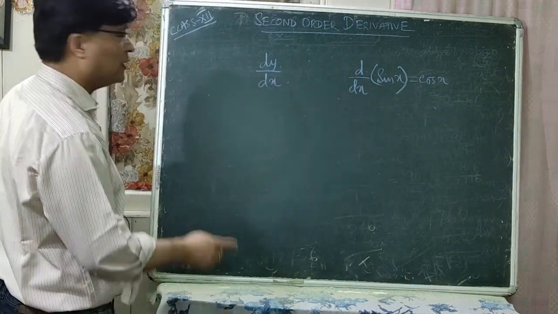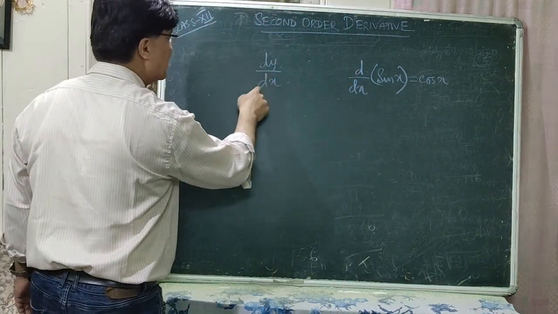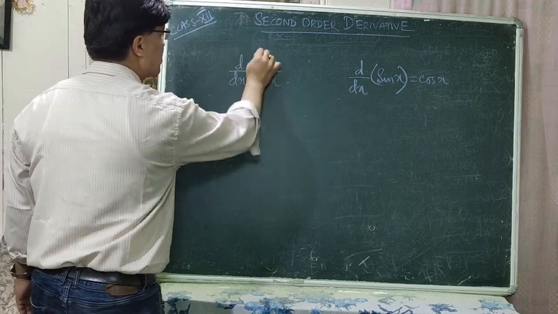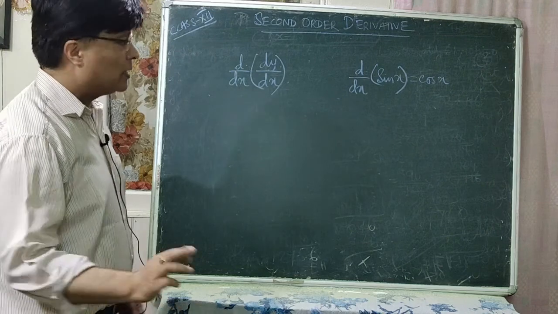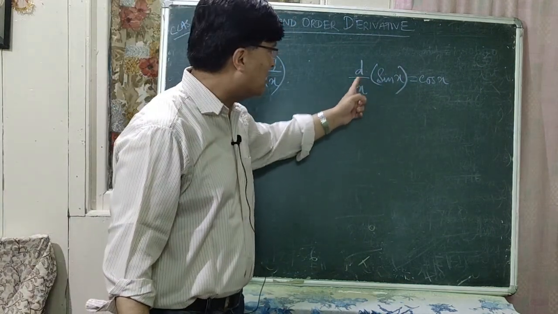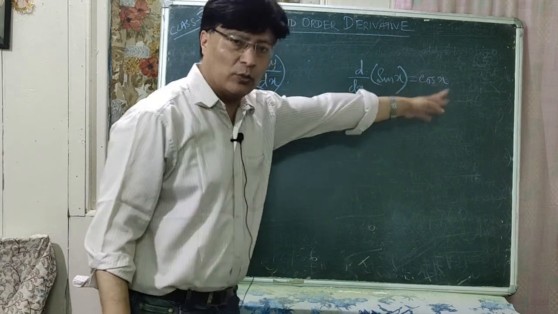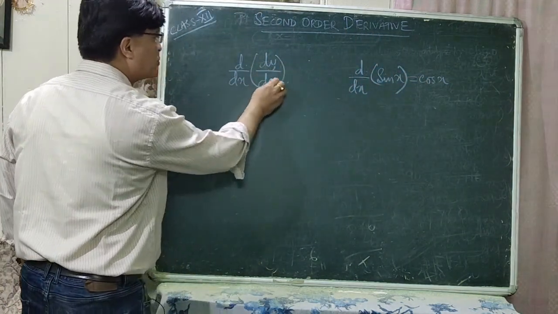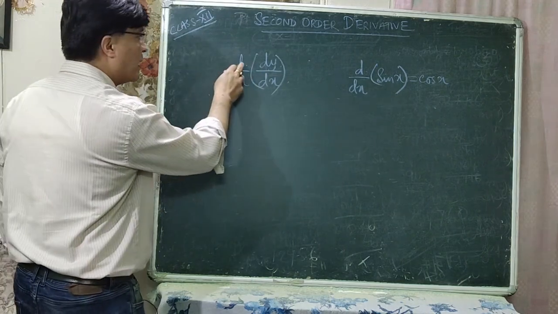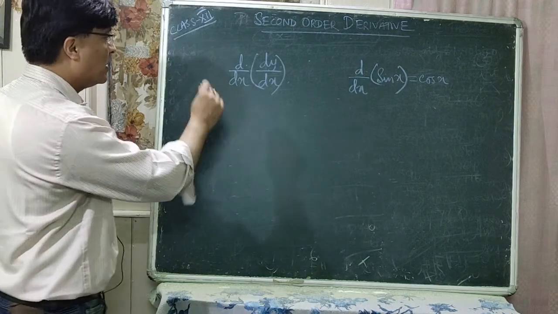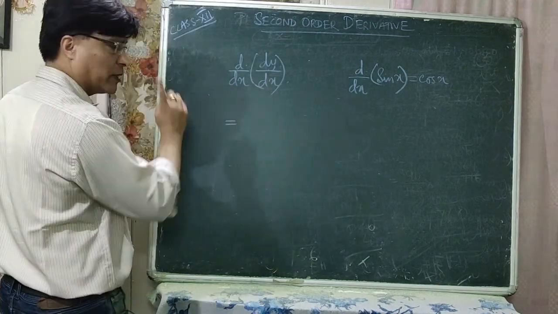Now similarly, again you have to differentiate dy by dx with respect to x. That means you have to write dy by dx of dy by dx. Now if you differentiate sin x with respect to x, you have to write dy by dx of sin x, isn't it? Which is equal to cos x. Now if you differentiate dy by dx with respect to x, you will write dy by dx of dy by dx. Okay, now it is defined as, you have to write